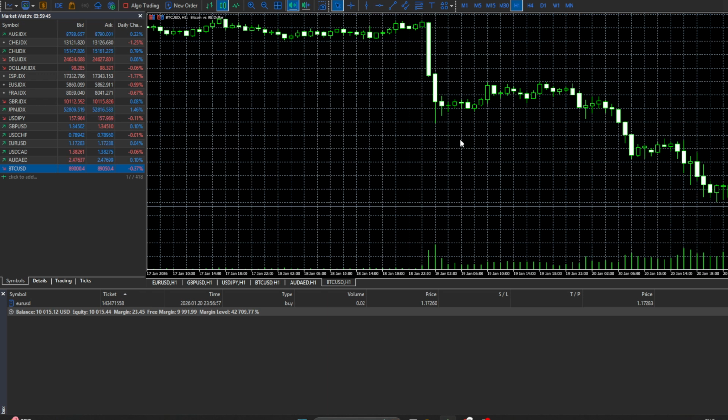So that's it. Open the toolbox, right-click, choose trading, and then select alert to activate alert mode in MetaTrader 5. Once you're comfortable with these clicks, you'll be able